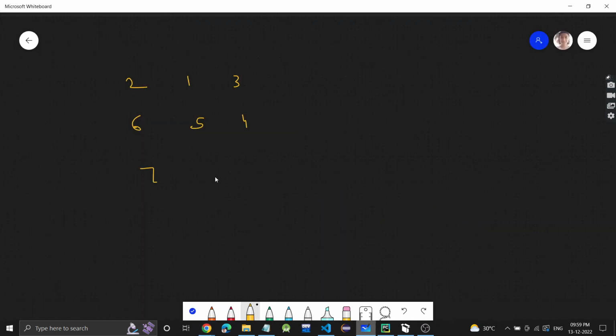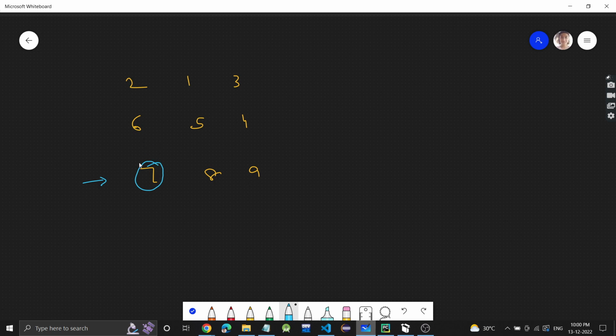and 7 8 9. Okay, this is the last row, and basically we have to reach the last row. What different positions can we reach it from?